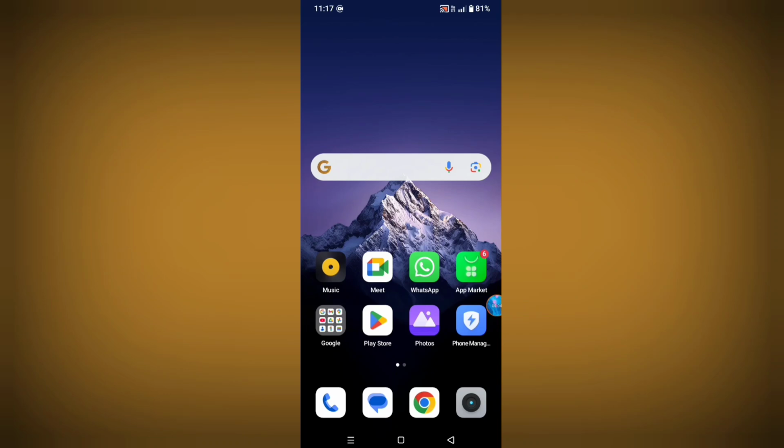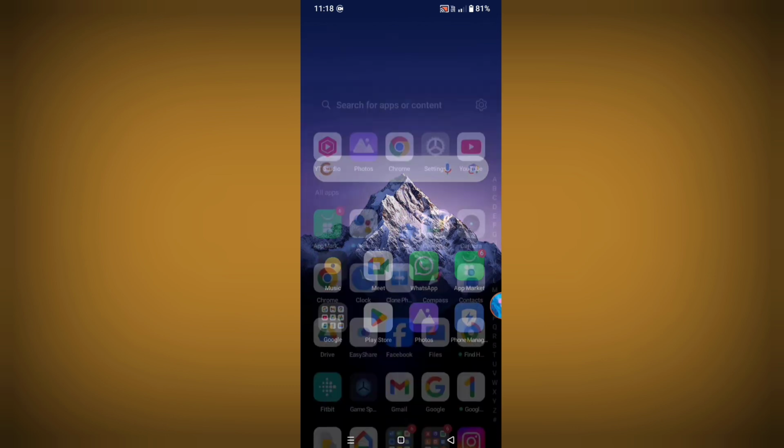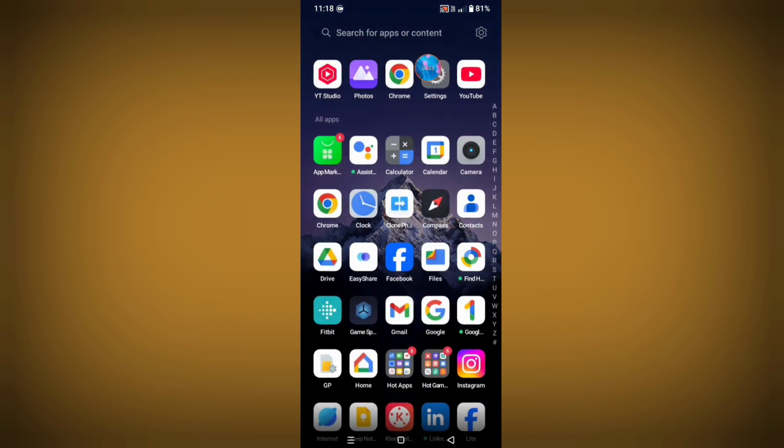Hello viewers, are you experiencing Realme phone camera flash not working problem? In this tutorial, I'll show you how to fix it. So let's start. For solving this problem, first of all, just go to settings,